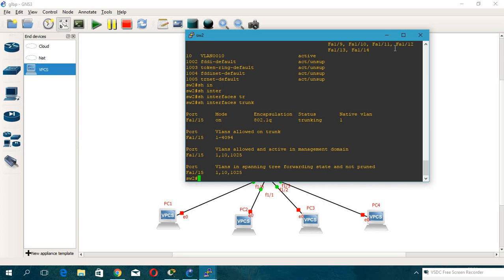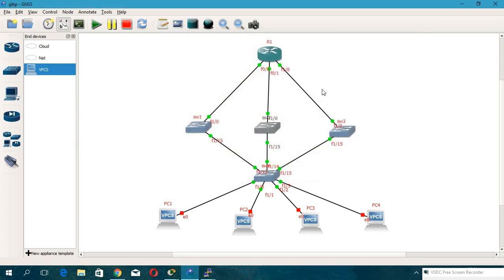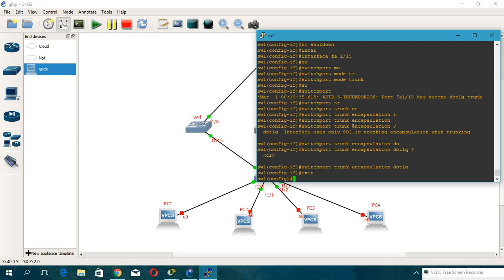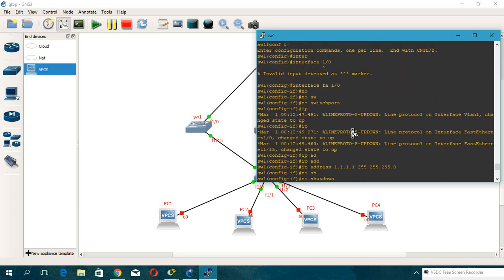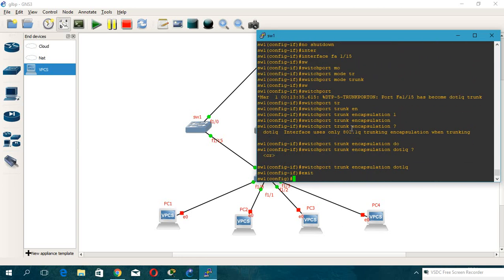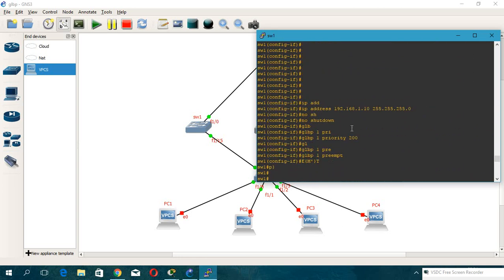In switch 1 we also configured IP addresses and GLBP in there. Priority 200, preempt also configured, but I didn't configure the GLBP virtual IP, virtual gateway. In interface VLAN 10, GLBP 1